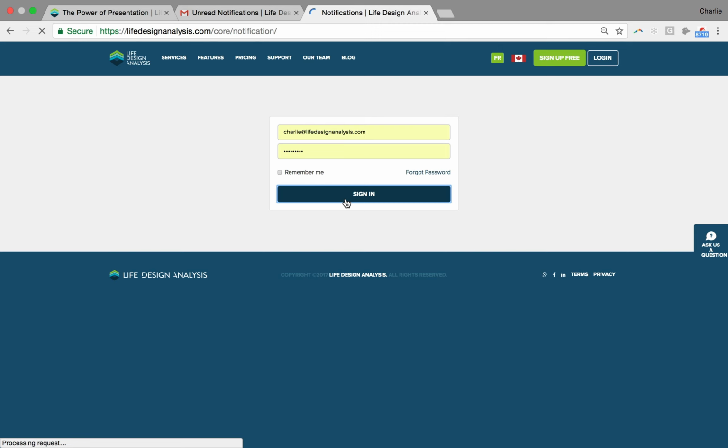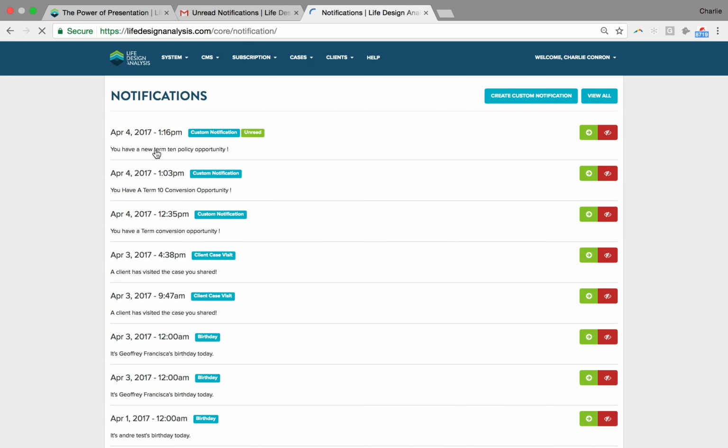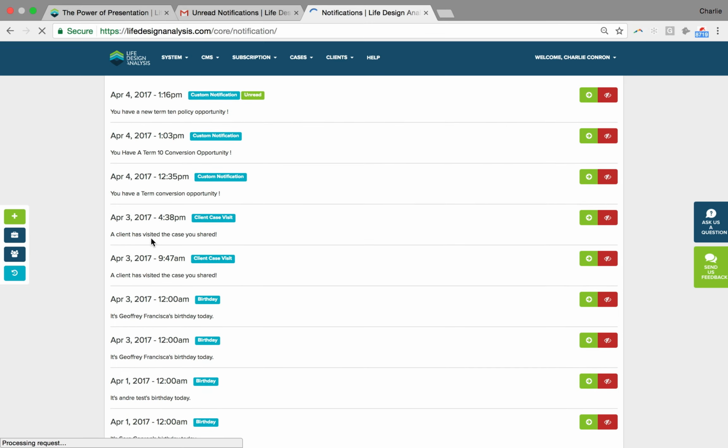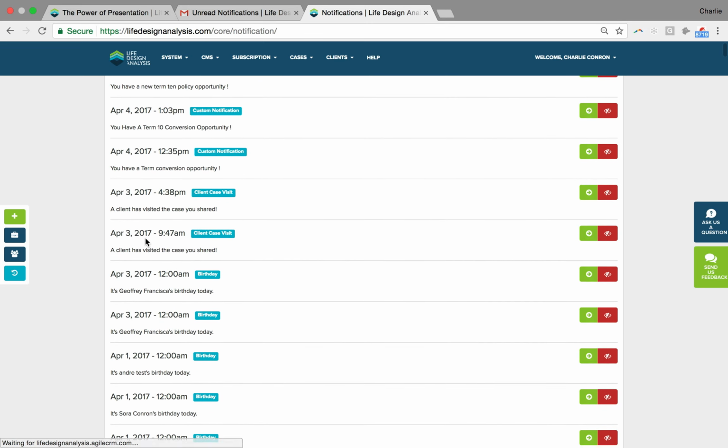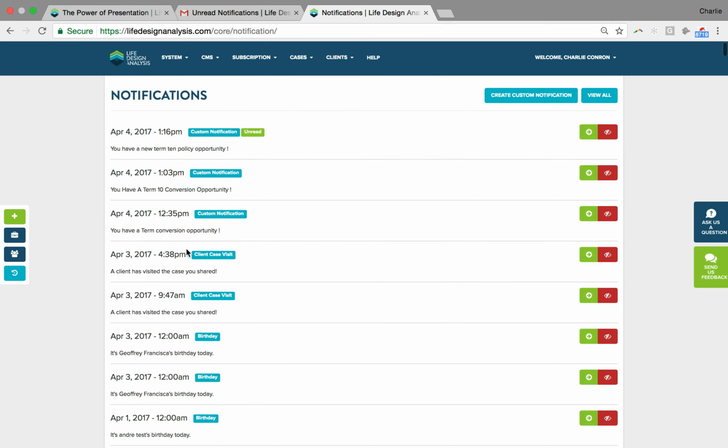of Life Design Analysis. Now, you can see the top one is I have a new term 10 policy opportunity, but you can also see other ones, like a client has visited the case I've shared, and I can get advanced stats on that. As I said though, today we're going from this term 10 opportunity and we're going to create a new presentation